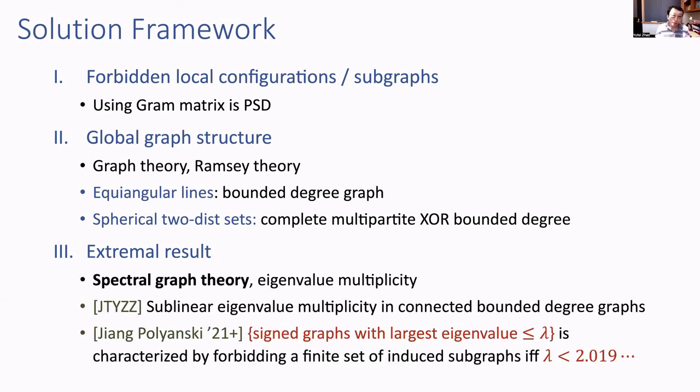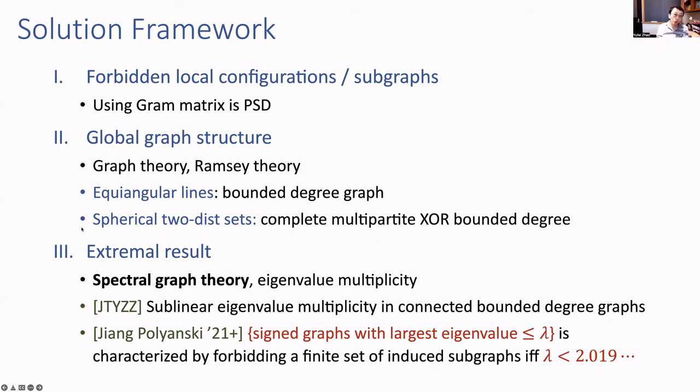And the third step appeals to spectral graph theory, in particular eigenvalue multiplicity, such as our result showing that a bounded degree connected graph has sublinear second eigenvalue multiplicity. On the previous slide, there was some number 2.019. So the latest result on